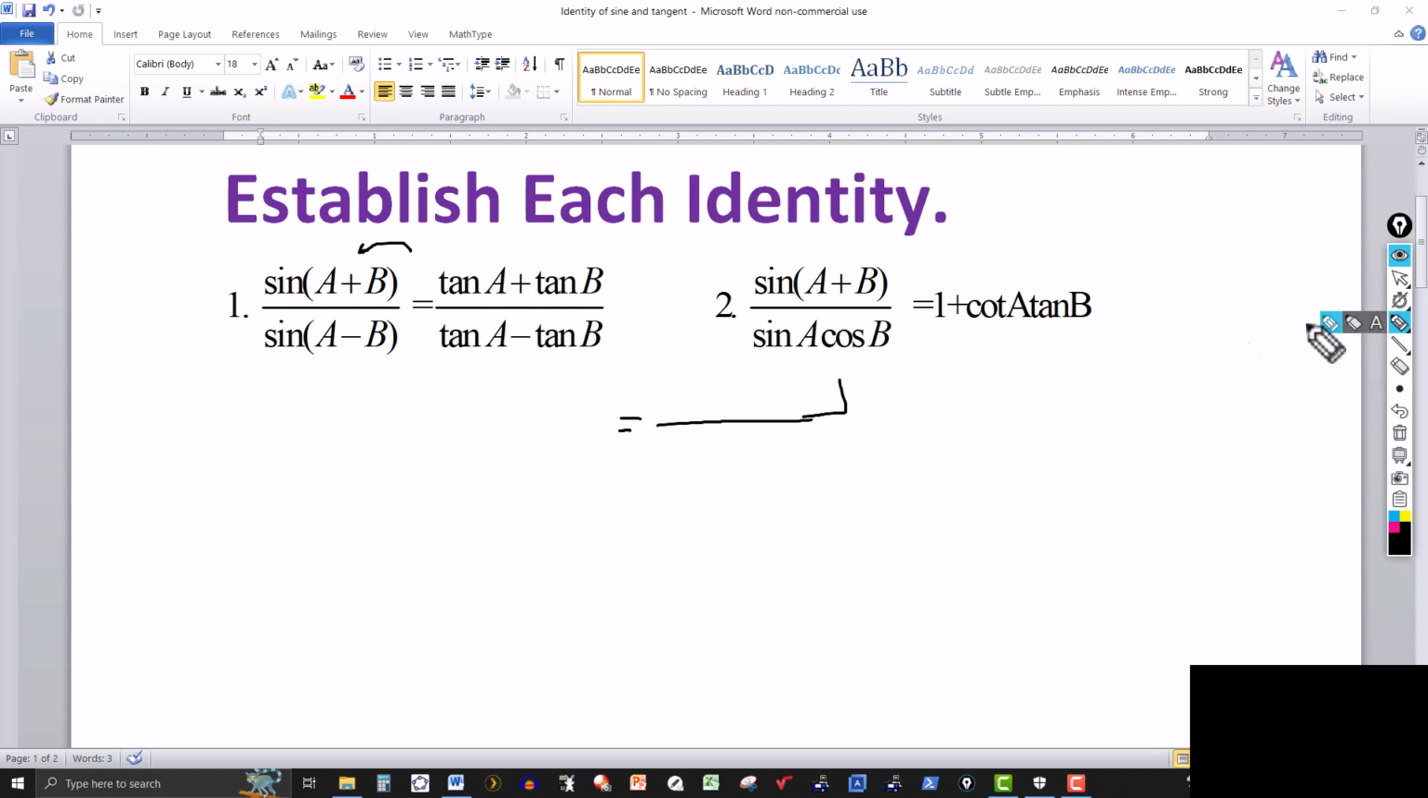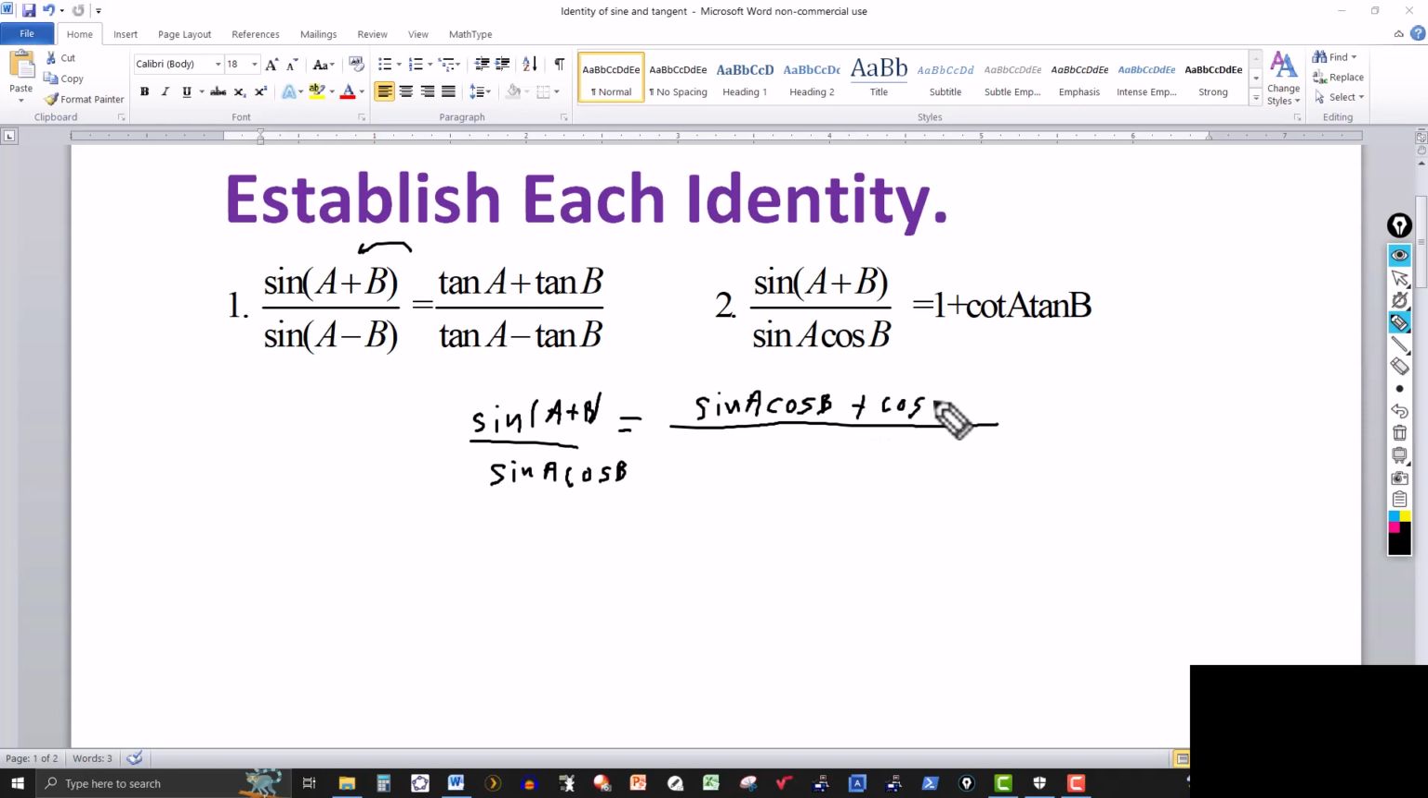I got sine of A plus B. So we expand this. I'm using the left side. Let me put it this way over here. Sine of A plus B over sine of A, and this is just the product of sine of A and cosine of B. So we expand this. Sine of a sum of two angles A and B would be the sine of A cosine of B plus